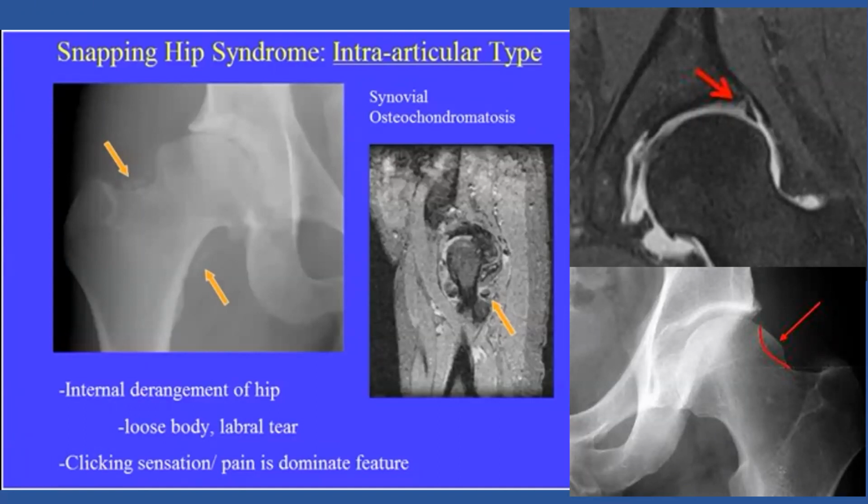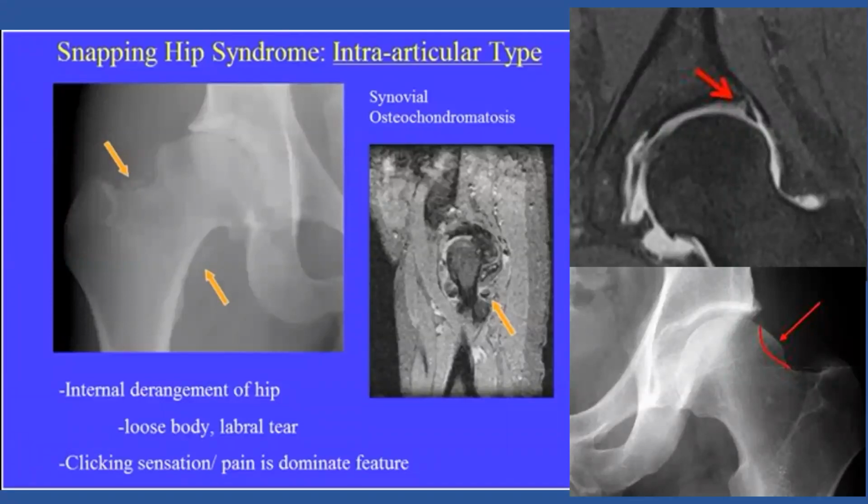Now, we said internal, an intra-articular part. The iliopsoas was internal, the iliotibial tract was external, and now an intra-articular type. This is what we call femoral acetabular impingement. You can have a cam, you can have a tethering of the labrum of the acetabulum, or you can even have loose bodies, which give you a